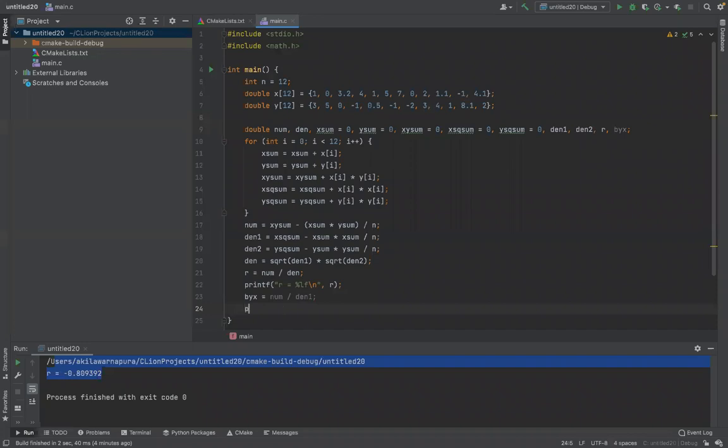So what we can do, let's say printf, regression equation, eqn, equation of y on x is,